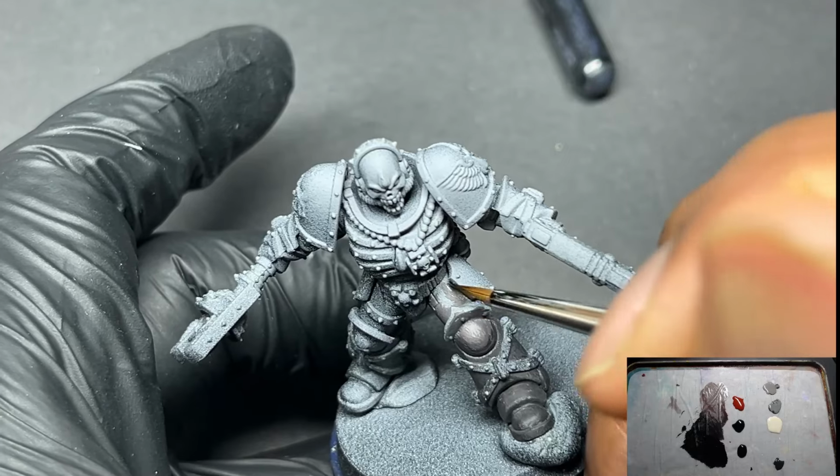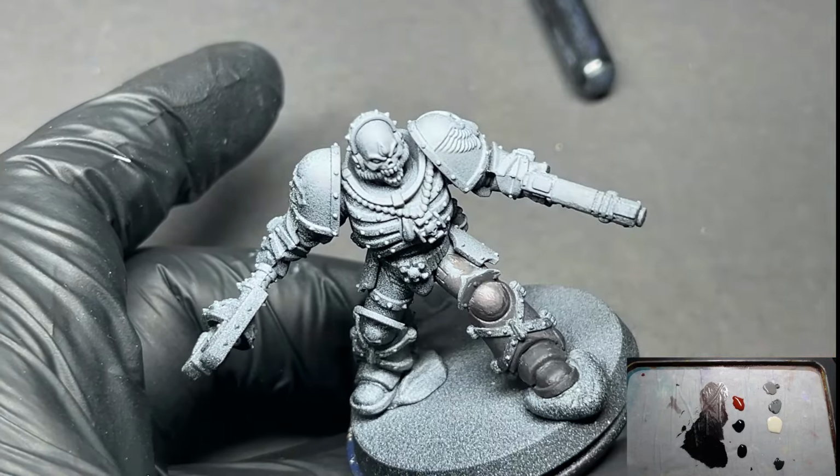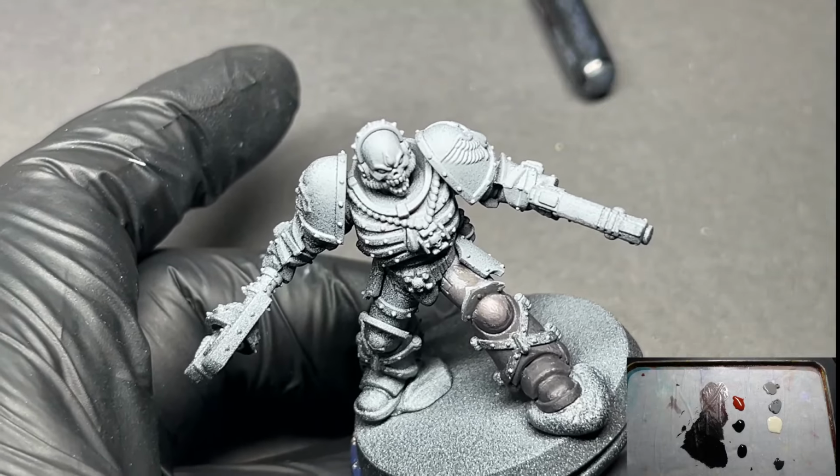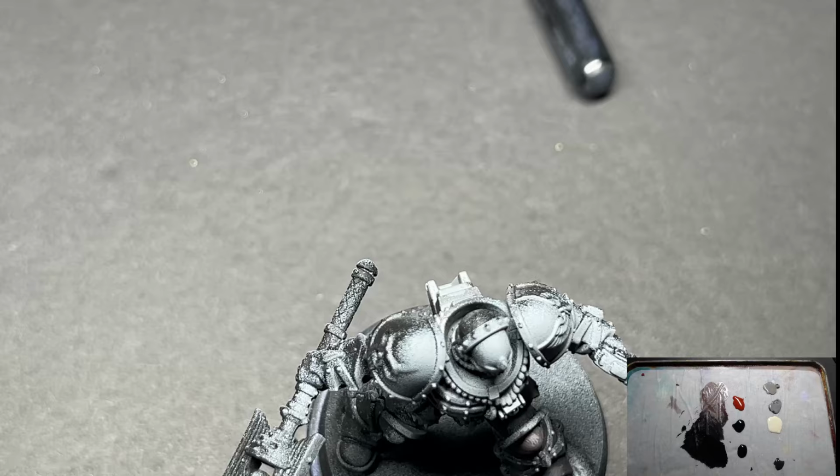Also, the key thing is something that I've not mentioned before, but something I've been doing a lot more recently, is the use of cast shadows. So with cast shadows,